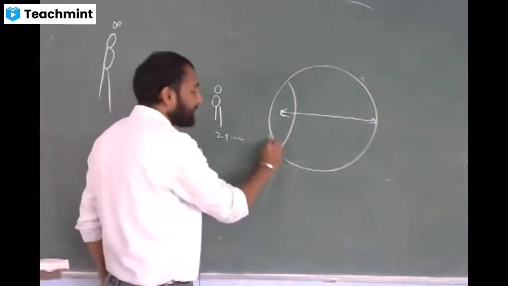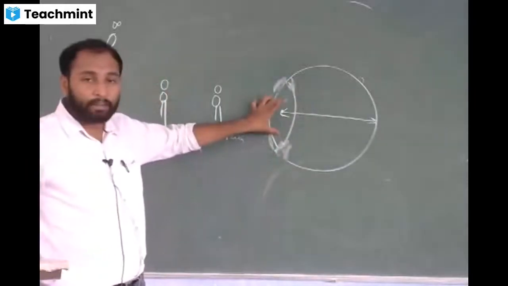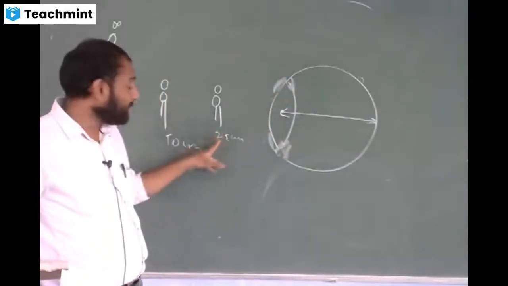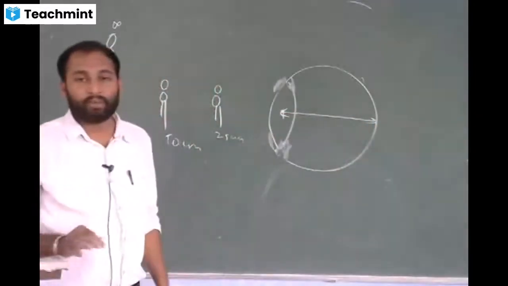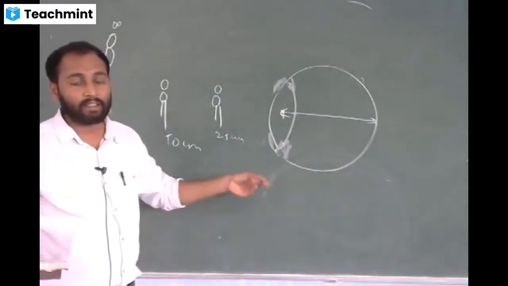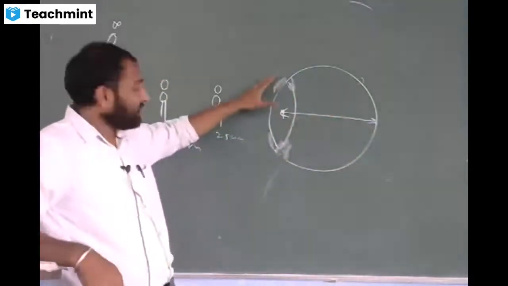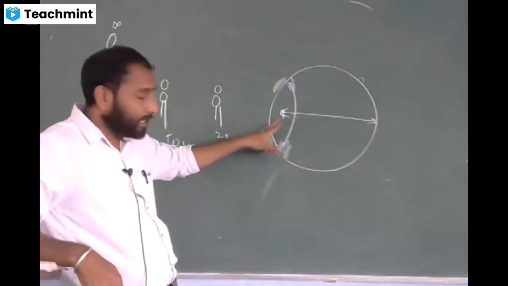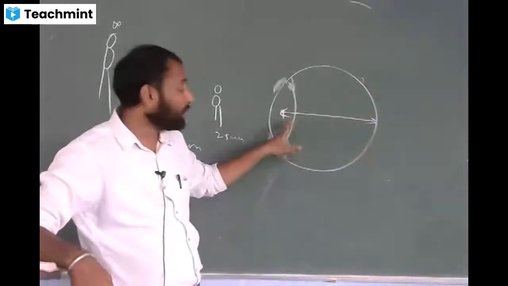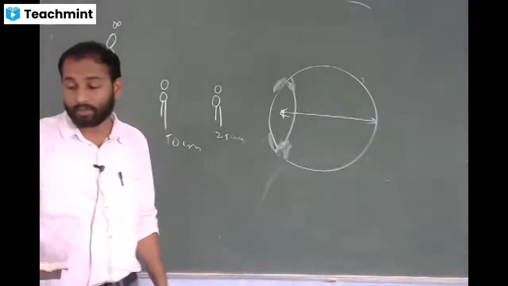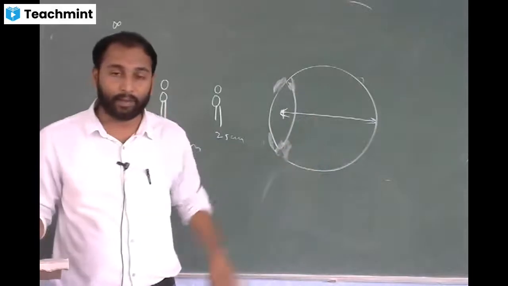Because by the action of ciliary muscles, this eye lens can be adjusted for different focal lengths. So the image distance will always be fixed. We cannot change the image distance inside the eye. So the answer is, image distance is fixed. By the action of ciliary muscles, we change the focal length of the eye lens, but we do not change the image distance. So the image distance inside the eye is fixed. It cannot be altered. It cannot be changed.